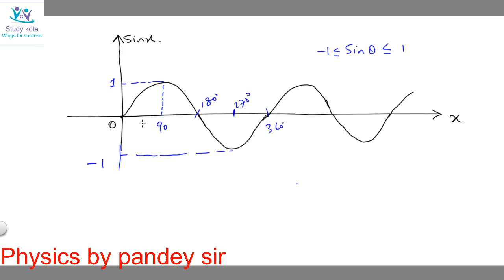Okay, if you talk about 30 degree, so if you divide the 0 and 90 into 3 ratios, then this would be 30 degree and this will be 60 degree, and in between both there will be 45 degree. Are you getting the point? At 30 degree, you know very well this is 1 by 2, and at 60 degree, you know very well it is root 3 by 2.